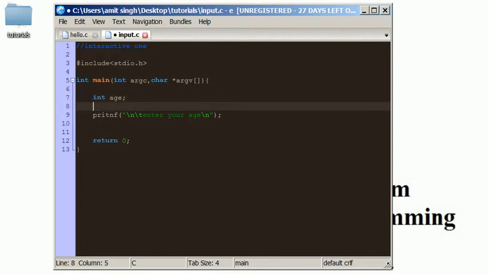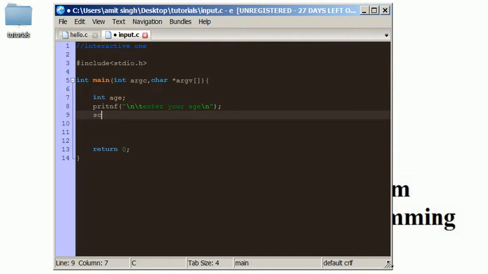Okay, now we get the value of age from the user by the scanf method. The syntax is very similar to printf. You just need to write scanf, brackets, and then we write the access specifier.